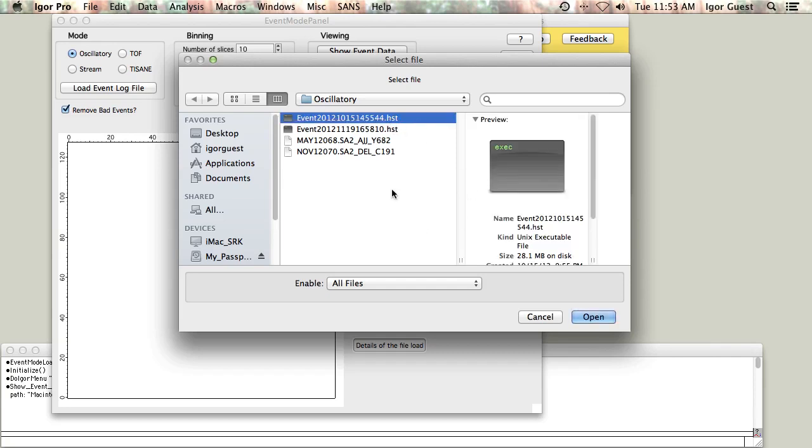If we select this .hst file, we can see these files are generally much larger than you're used to dealing with. SANS data files are typically 33 kilobytes in size. These event streams can be tens or hundreds of megabytes, even approaching gigabyte sizes. This requires some special processing, which will be detailed in a separate video. If we click Open,